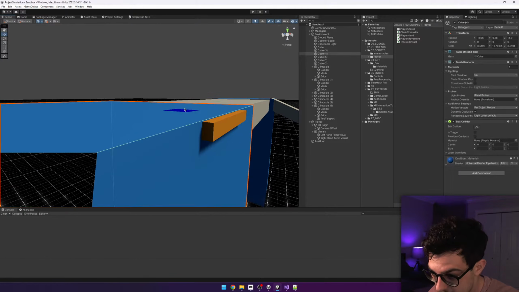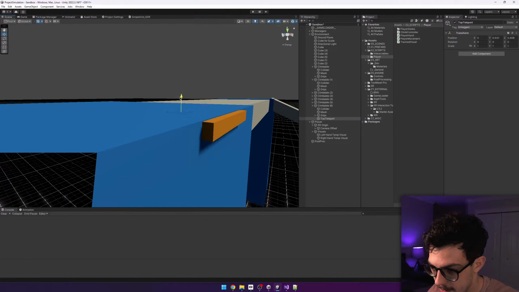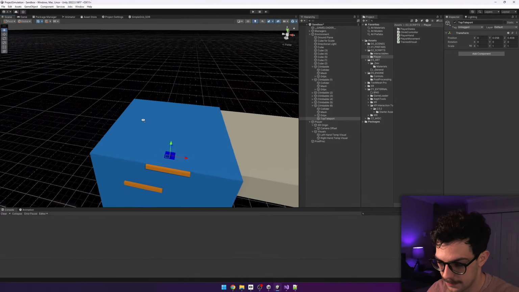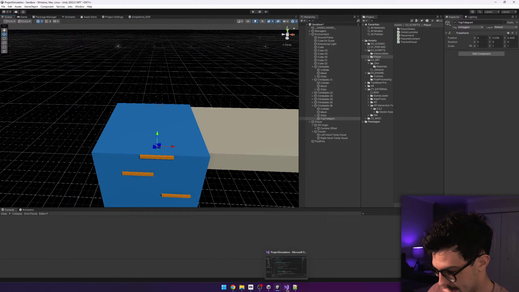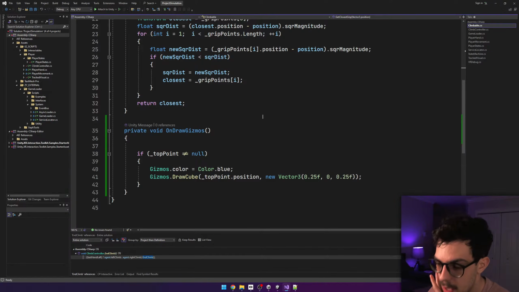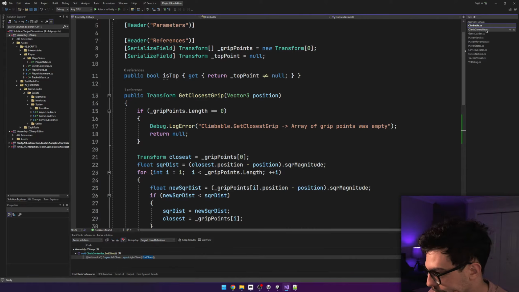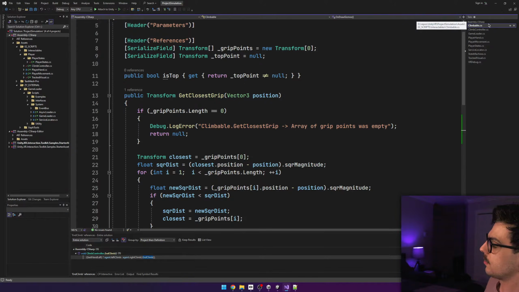Let's see, does it get obstructed though? That's the question. Top teleport. Yeah, it does. Cool. Nice. Let's do our teleport code. All right. Right. So